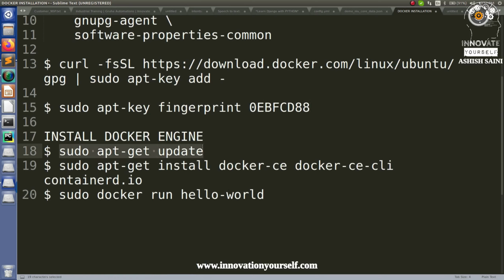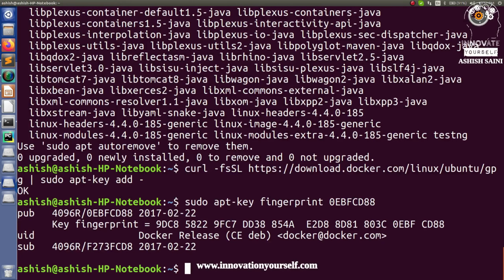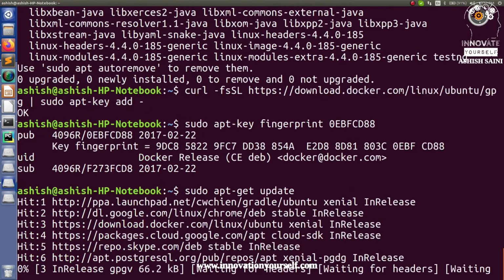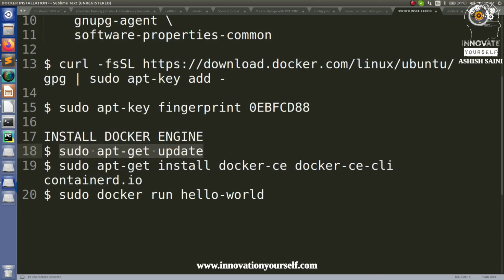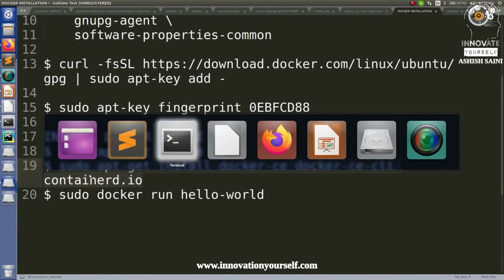So for the next step also, let's run the very basic command sudo apt-get install. So just run it again, and after that we have to go for the next one. So the next command is just to run this Docker Engine, right? So by this command I can directly install the latest version of it, but in case you want to try something else, or use some different version, the command is different. Don't worry about that, I will also mention it in the description, right? So you can check it over there, right?